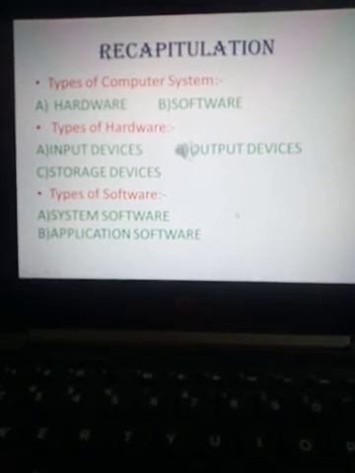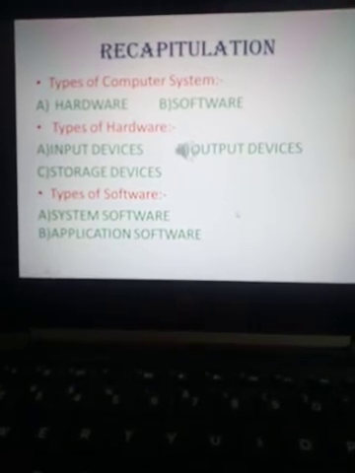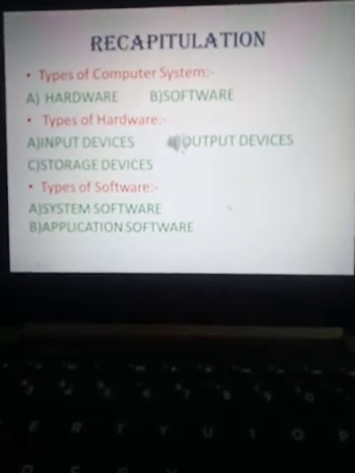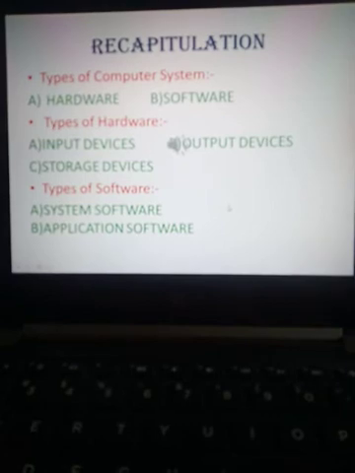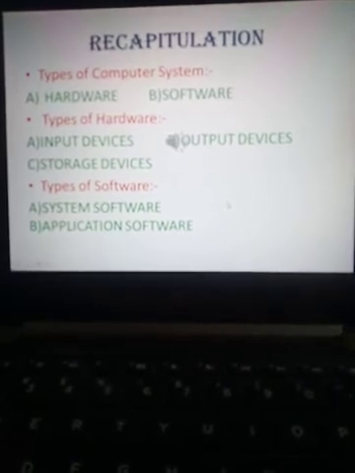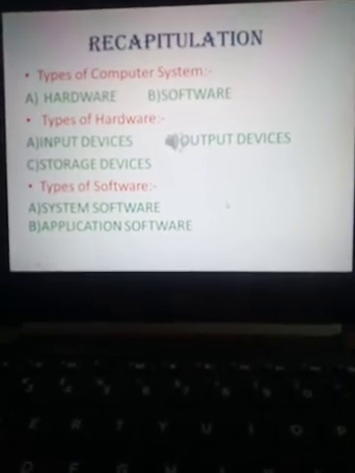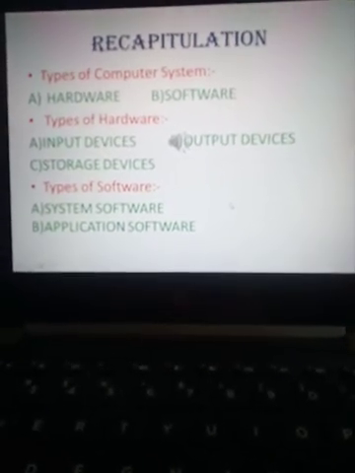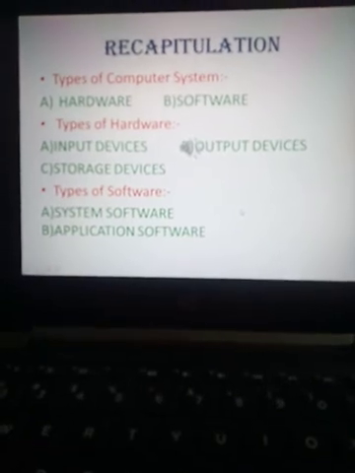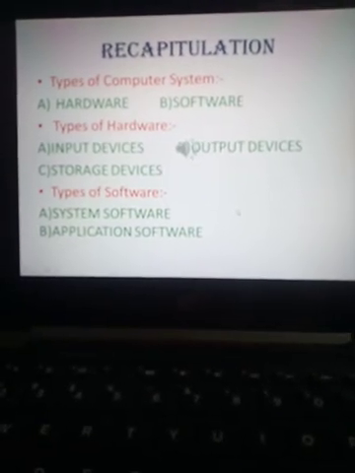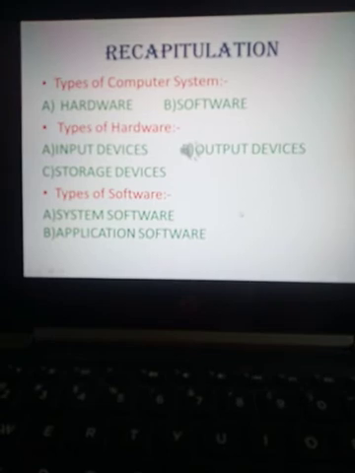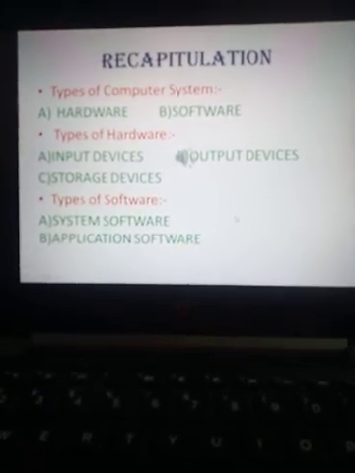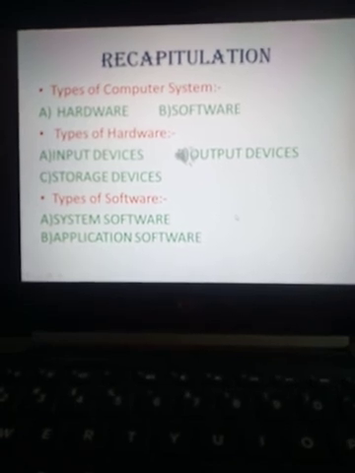Input devices, examples are keyboard, mouse, scanner, microphone. Output devices, examples are monitor, speaker, printer. Storage devices, examples are CD, pen drive. Then there are two types of software, system and application. System software, like the operating system, operates our computer. Application software can do a specific type of work, like MS Paint, games, calculator, all this.